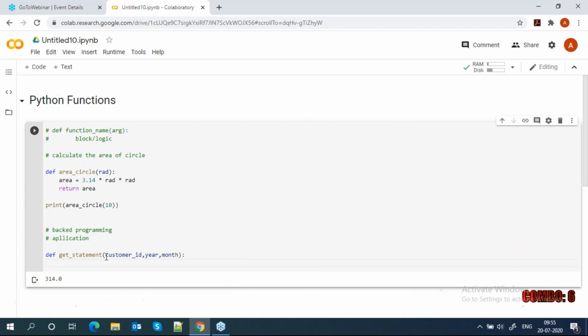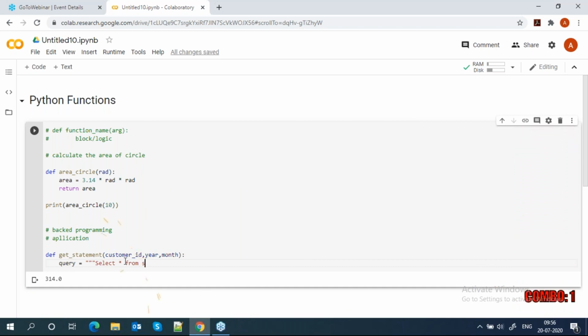So what will happen now? While connecting to the database, we pass whatever your logic is. You can write a SQL query here, and according to these arguments I write the query like this. Suppose it is from my statement table.